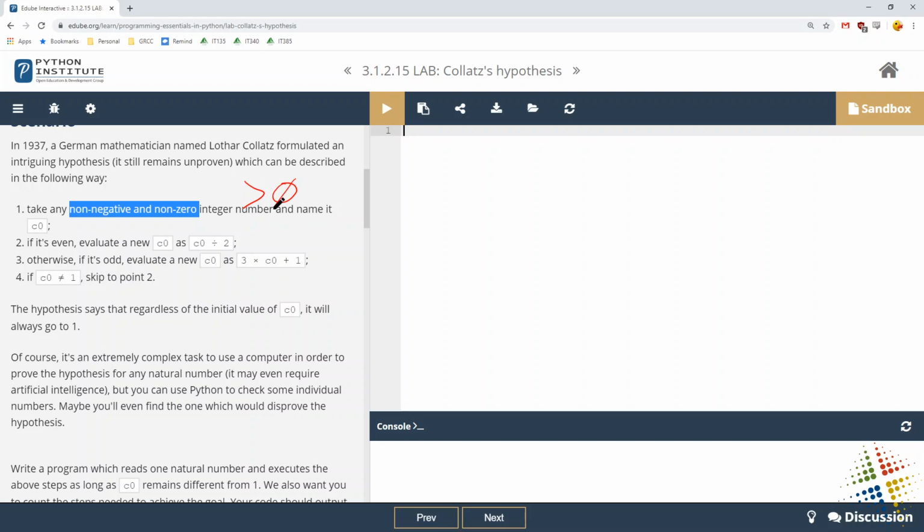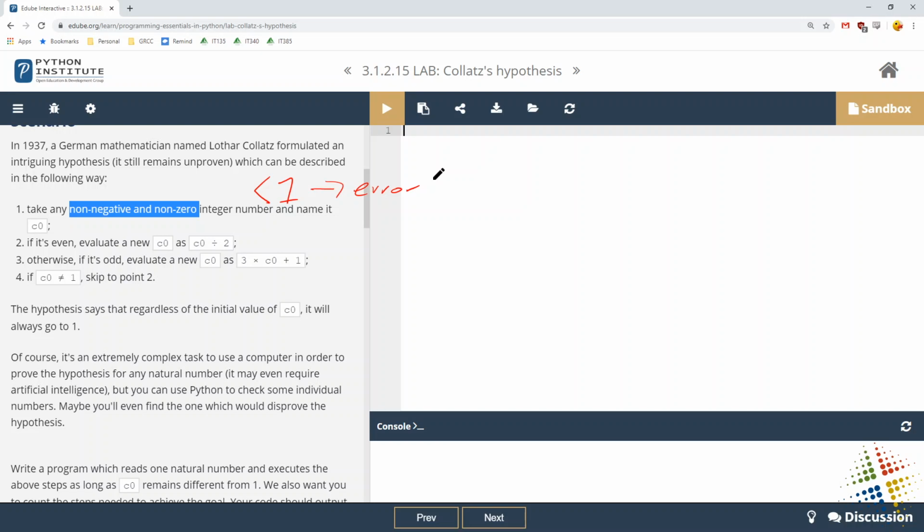So that should be the first thing to do, to be able to say, hey, is this number greater than 0? Or, we could say it the other way around: if it is less than 1, then we can give out some sort of an error message. So that's the first step.